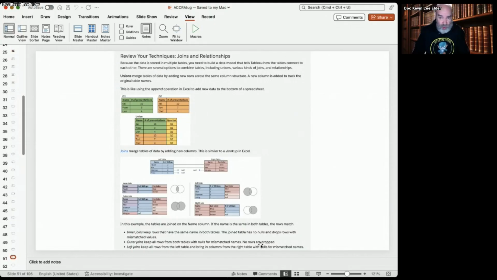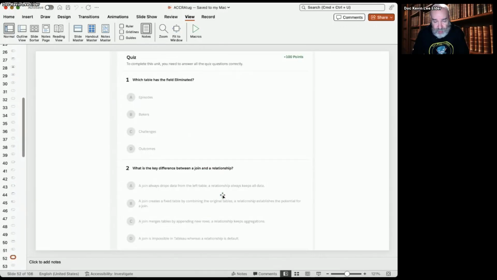You want to learn more about how this works and why? Here's how you do joins versus doing relationships. So two major ways you can do things in Tableau. Why would you do one versus the other? What's the resulting data set going to look like? Which one is what you need the data to look like in order to give the chart, the view, the line graph, the bar chart, whatever it is that you want to pull? Well, we've got to set up that data first. If we don't set up that data first, it won't work.